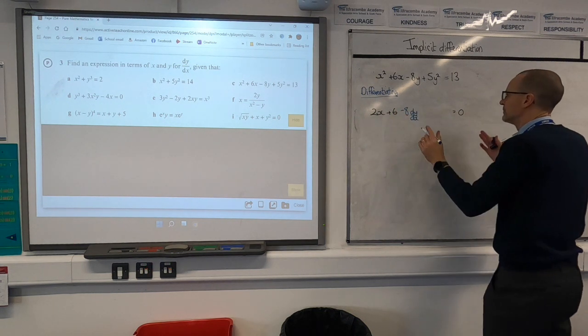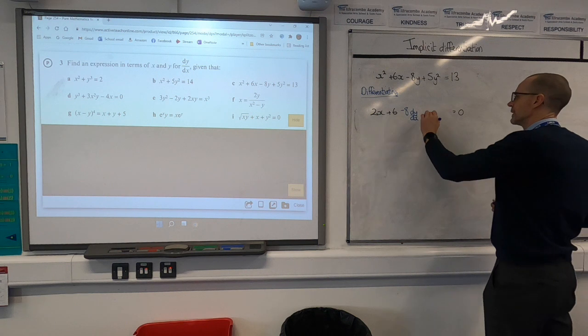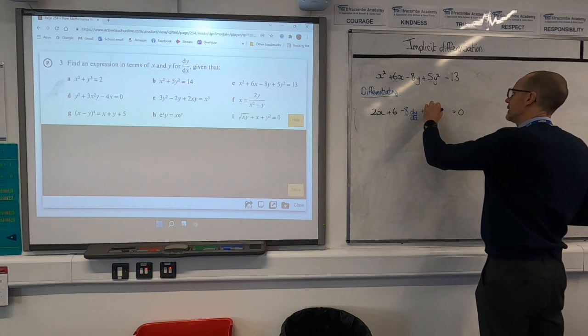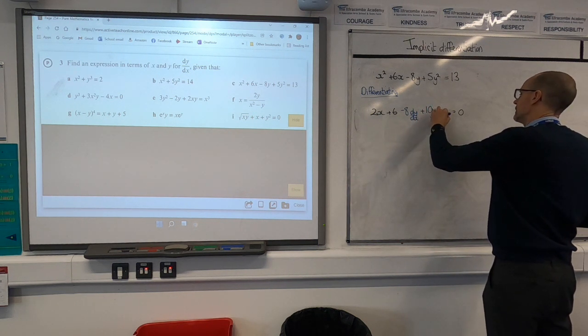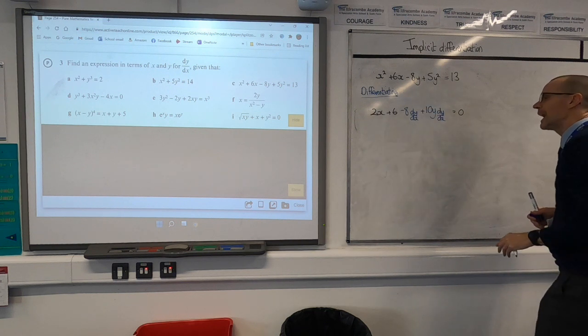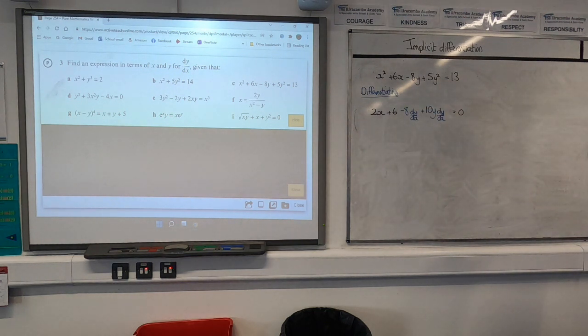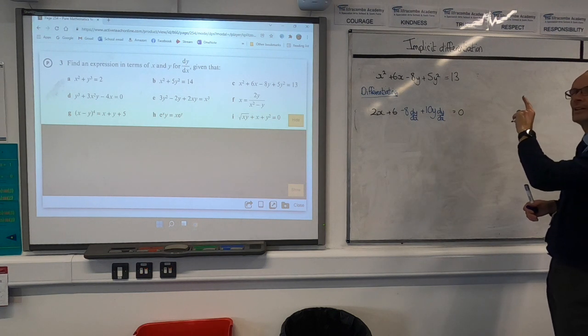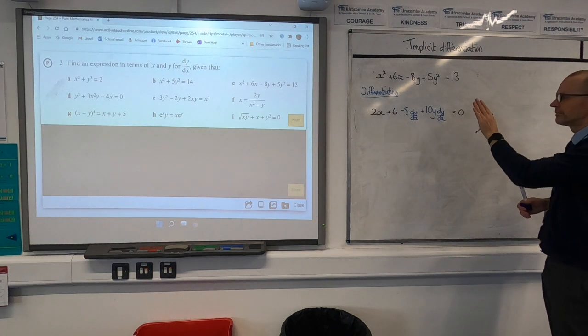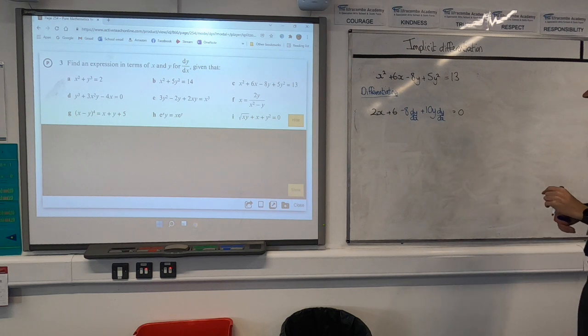Dropping the dot, I'm just going to write it as minus 8 dy by dx. So minus 8x would become minus 8, so it becomes minus 8 dy by dx. 5y squared would become 10y. So I'd write it as 10y dy by dx. Now, because this time I've got 2 dy by dx's in my answer, so I've got to do a little